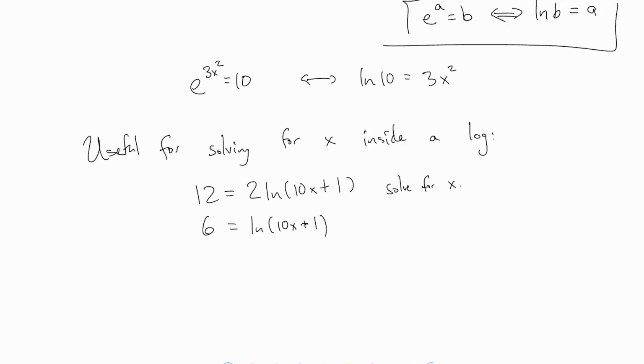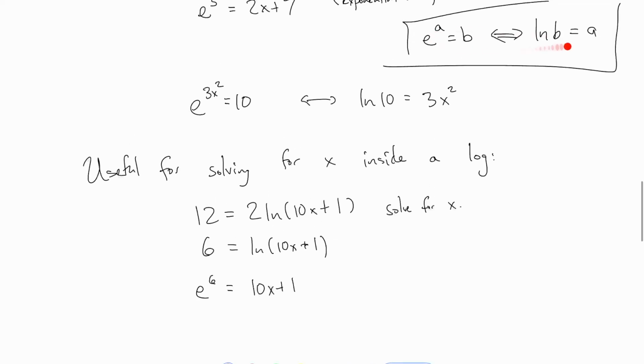All right, and now we can just write this again in the exponential form. So make sure everything goes where it goes, but this now will say e to the 6 equals 10x plus 1, right? I think I did that right. What used to go inside the log now goes on one side of the equation all by itself. And what used to be by itself is now inside the exponent of the e. All right, that's this. e to the power 6,